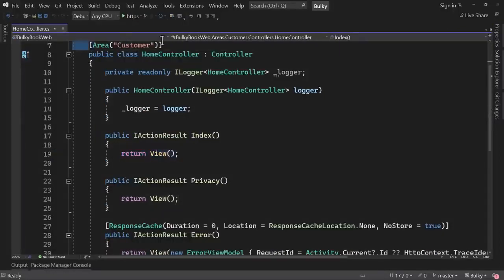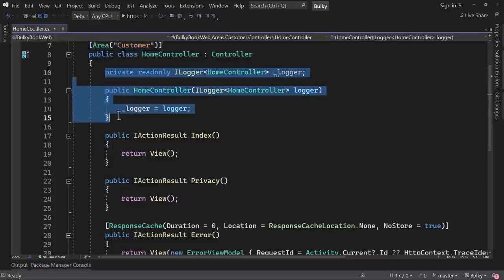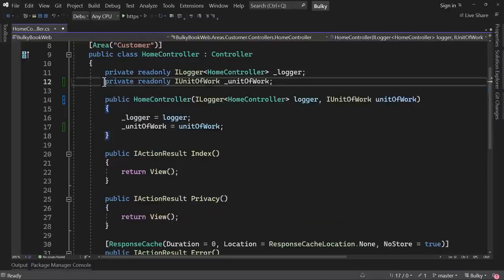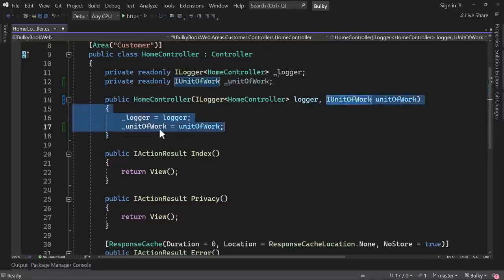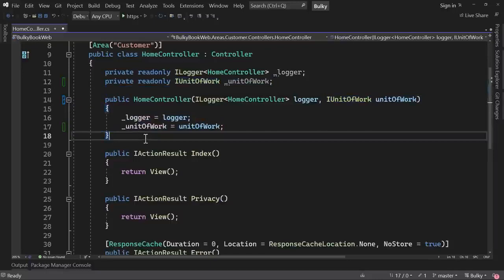Now we will be working in the customer area because the home page will be accessible to all the users and not just admin user. In the home page, you need to think about what we need to display. We will be displaying all the products. So basically we need to get all the products from database, and for that we need unit of work using dependency injection. So let me add private read-only unit of work and inject that like we did in product and